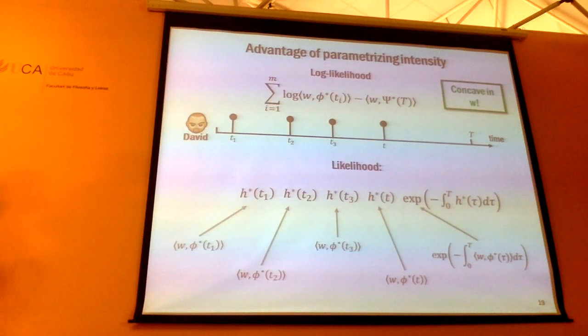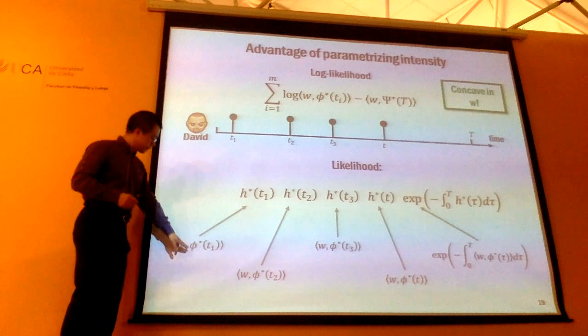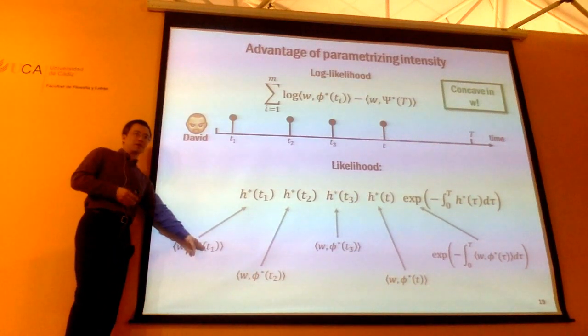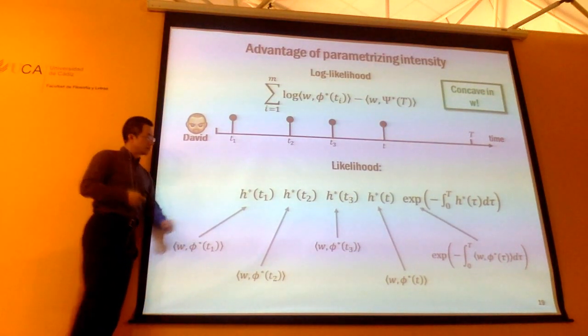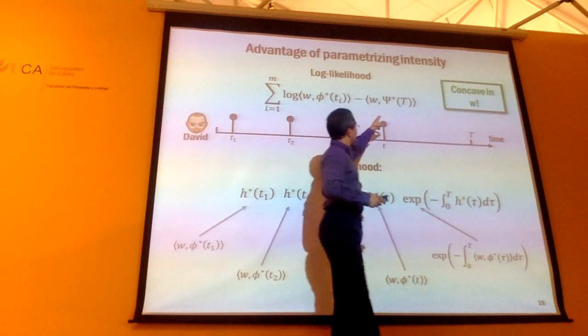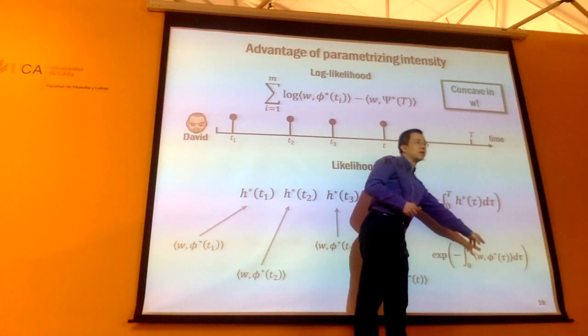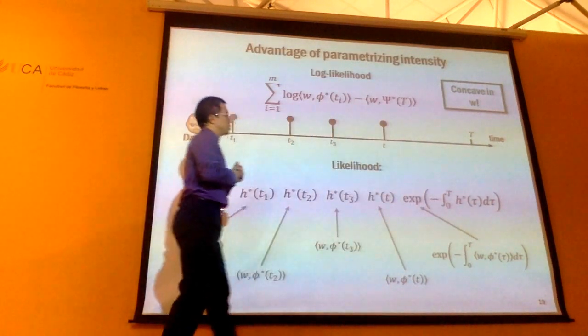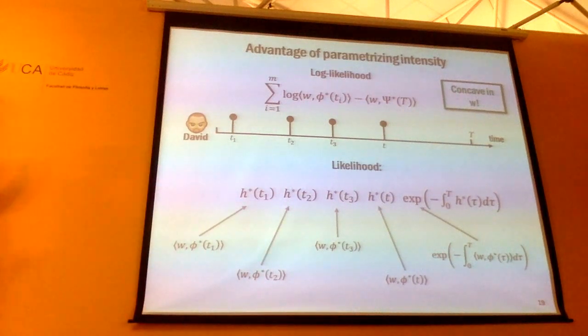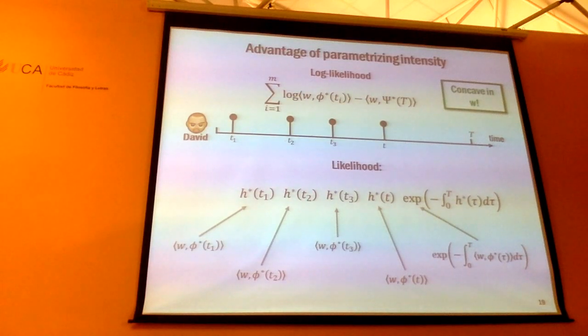Here I use some notation: phi is again some kind of sufficient statistics you design from your data, and psi star corresponds to the integral of these sufficient statistics over time. So it's just changing the notation a bit. We will use this likelihood later when we talk about learning the parameters for these time processes. So the first benefit of using the intensity function is that you get a convex optimization problem, and later we use this property for estimating the parameters from actual data.